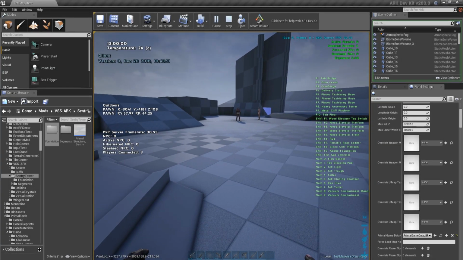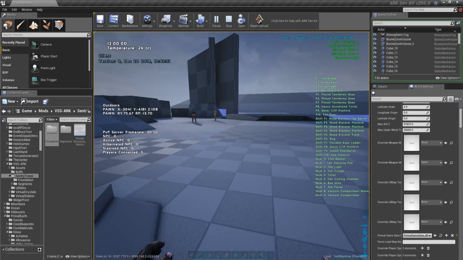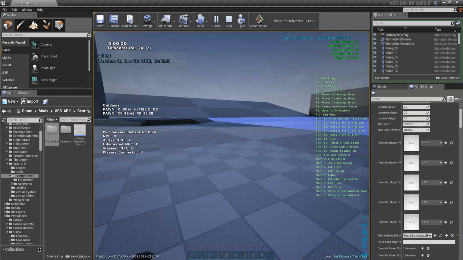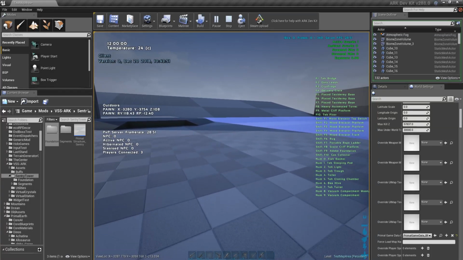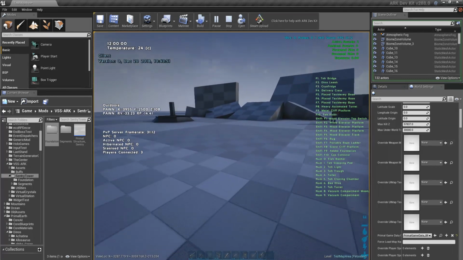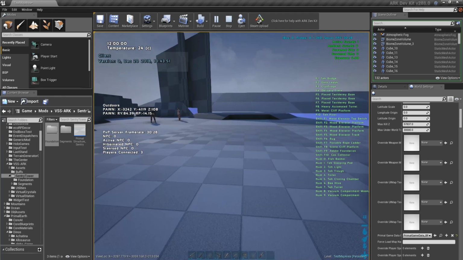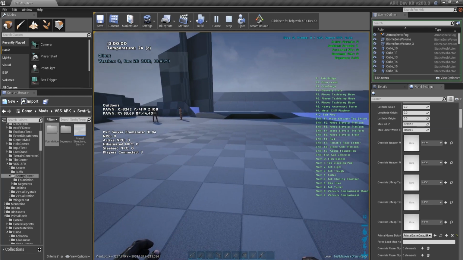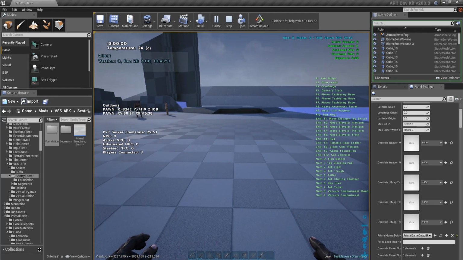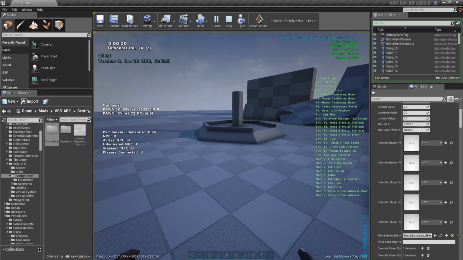I will warn you, when you are doing play in editor with multiple clients like this, sometimes it can be a little bit unpleasant to deal with because it always seems like UE4 doesn't know which window you're actually trying to work with, and it can be a little bit frustrating at times. I don't know a way to fix that yet. But it is manageable.